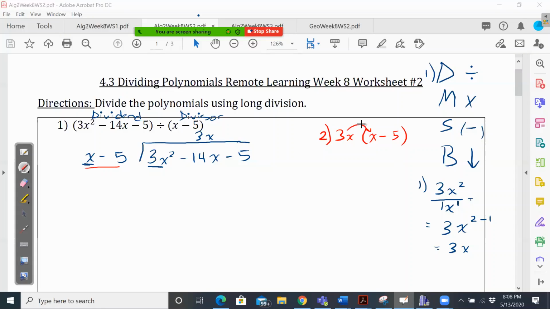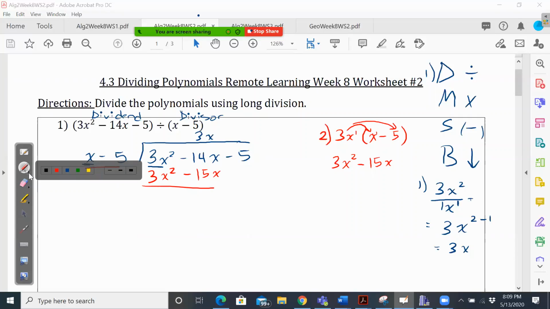And then we want to distribute everything. So you're doing 3x times x. That's going to be 3x squared. Notice how when we're multiplying exponents with the powers, we're actually adding them. And then when we do 3x times negative 5, it's going to be negative 15x. Right? So this is what we're going to write underneath. And notice how I'm putting all my like terms underneath each other. That's going to help me when I go to my third step, which is to